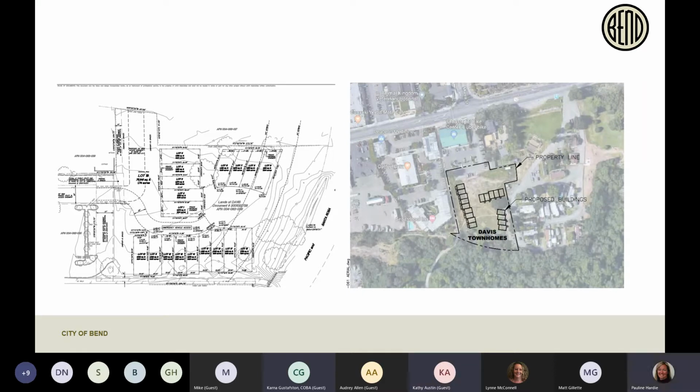Yeah, I just think that with topography, we're going to have more and more of this type of stuff. Well, remember, we still have to get to cottage clusters. So when you look at this development in its entirety, it reminds me more of a cluster, even though they're attached, versus your standard townhome development. Okay, but with your proposal, you can build this. Right. And we can make it very clear too that